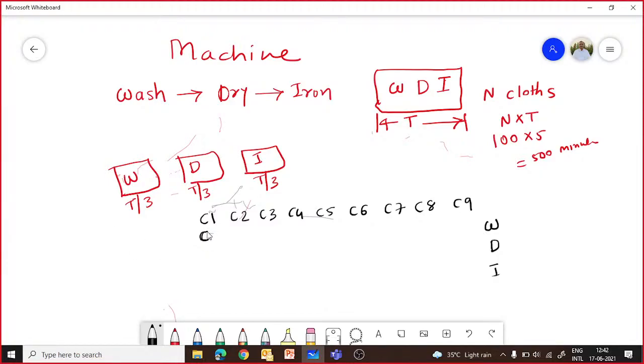So initially you wash C1. What will happen next time in the next cycle? This C1 will go for drying, right? And in the third cycle it will go for iron. So this C1 will be here, right? Now whenever C1 is being dried, at that time we can wash C2, right? So we can wash C2.